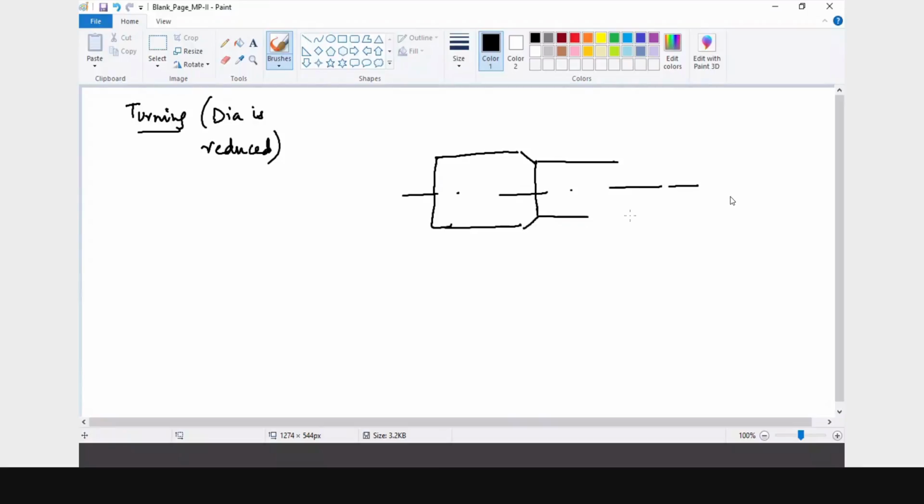let's say something like this. This you are going to have. This is the workpiece which you see. And the tool, whatever is the engagement of the tool, is something like this. This is my tool. This is the workpiece and it is rotating. The movement of the tool is something like this. What I have shown earlier is basically this is what you are going to reduce in each of the operations.